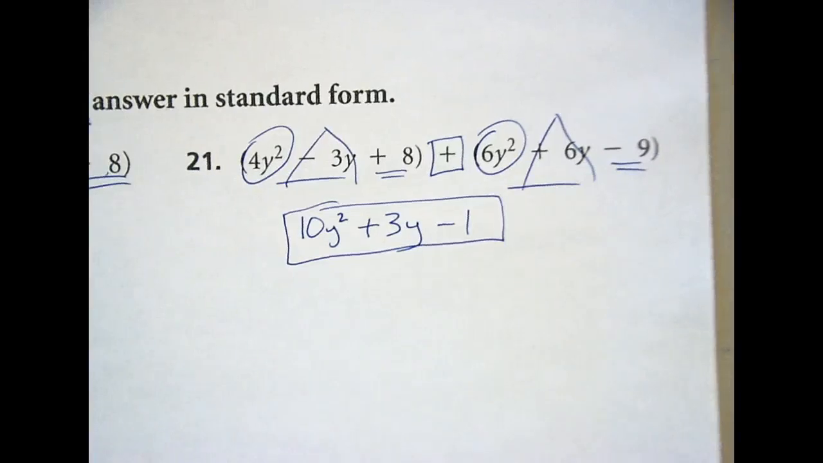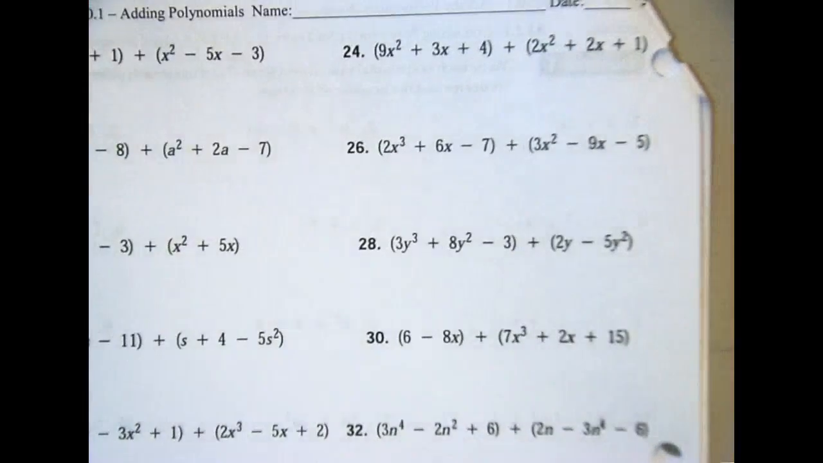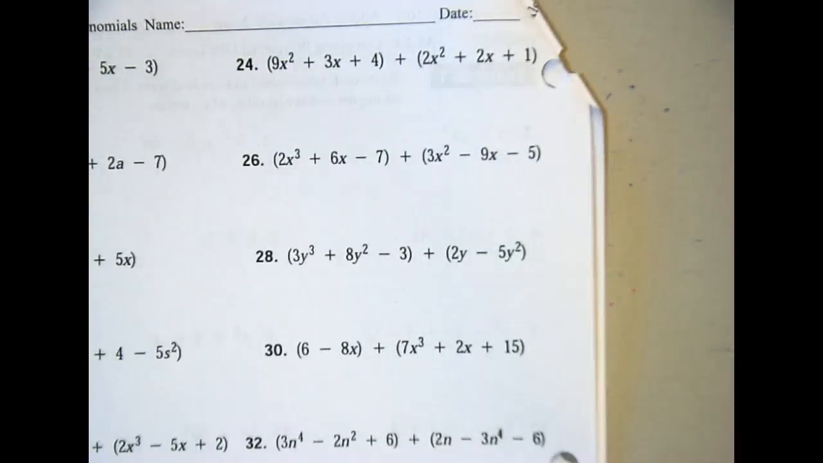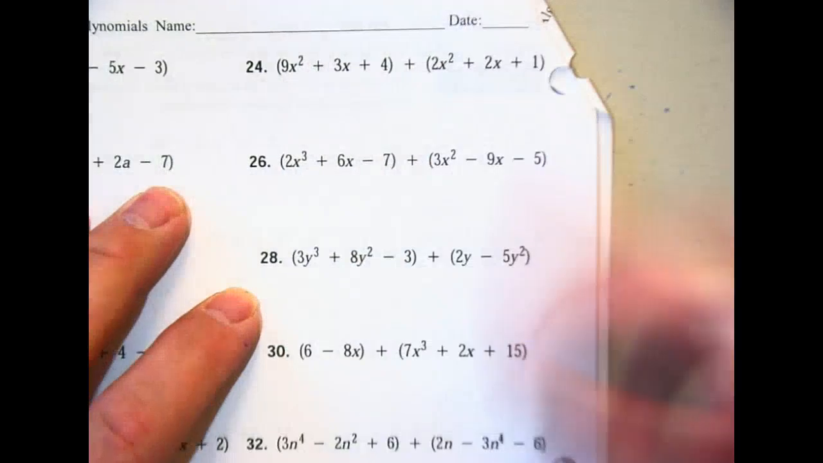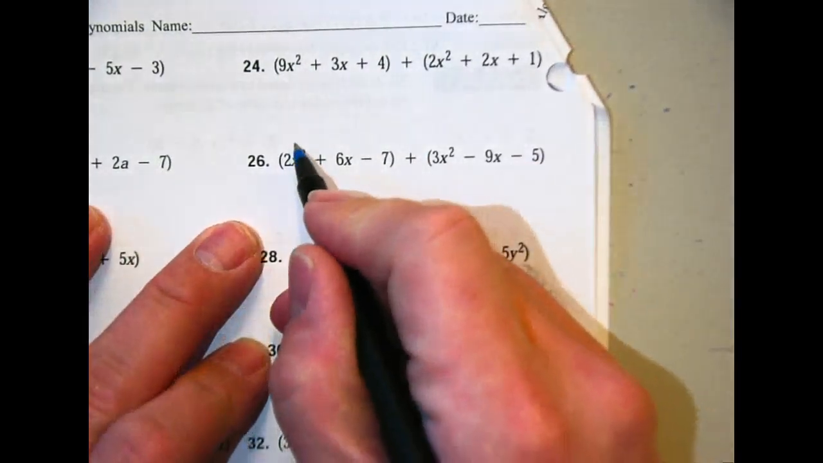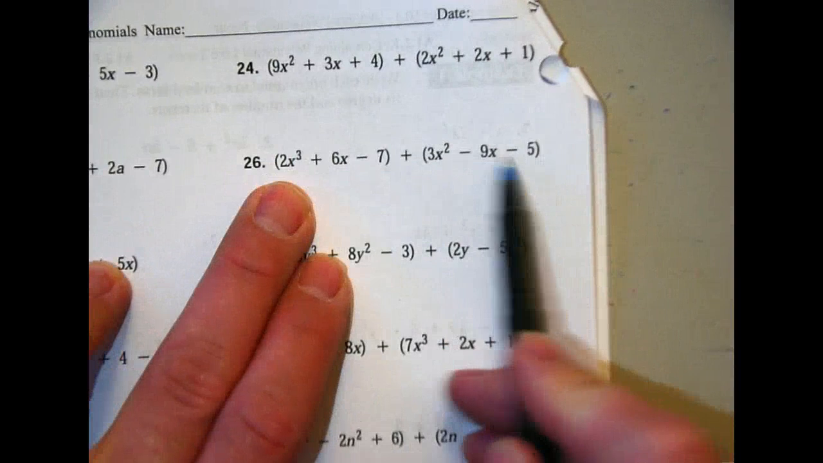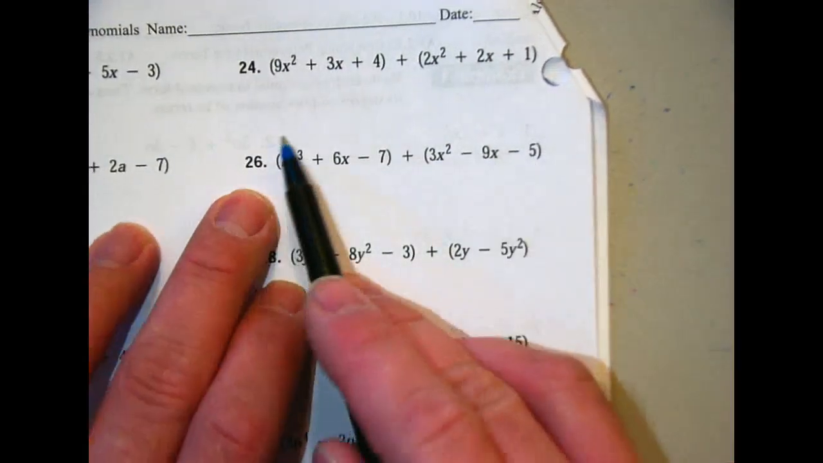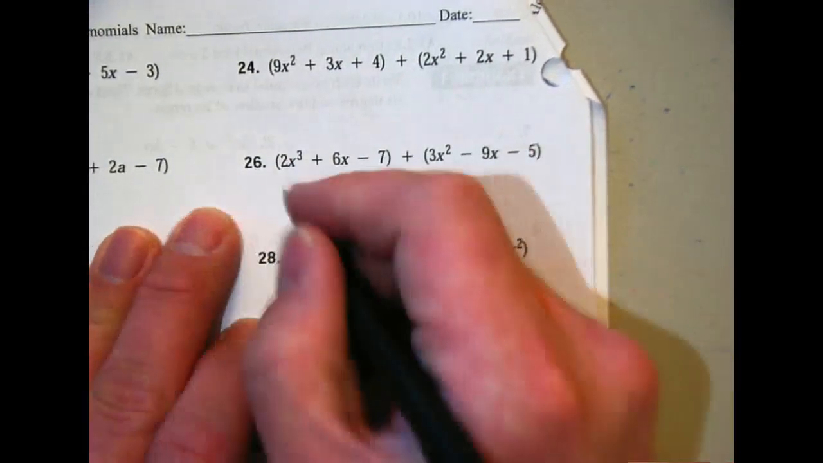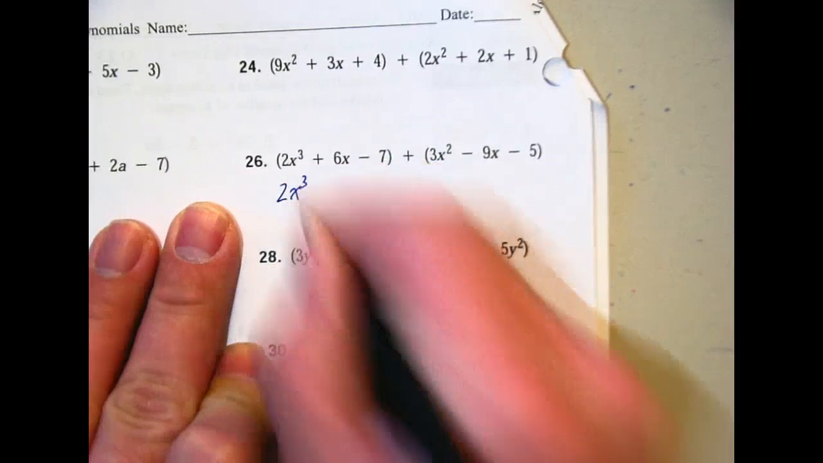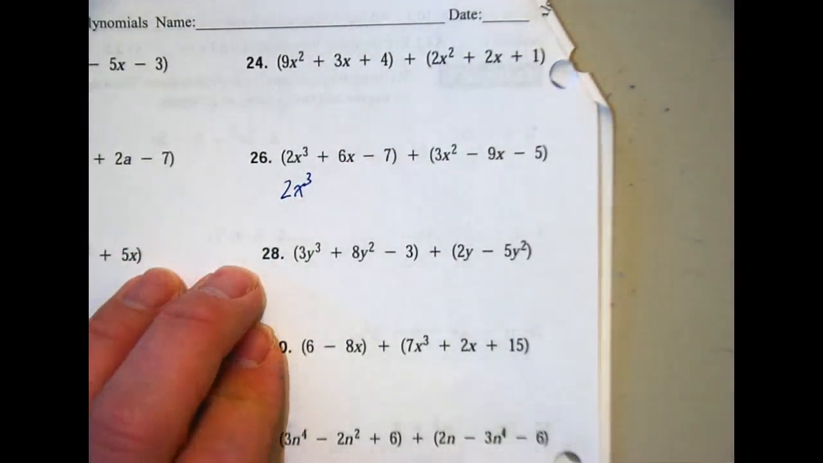Let me go ahead and get your attention up here. A couple questions. First one was really good, like on number 26. Guys, when you get to this, notice when I look at my x cubes, I'm like, well, how many x cubes do I have over here? I don't have any. So that's like having 2x cubed plus no x cubed, so I just have 2x cubed. And then how many